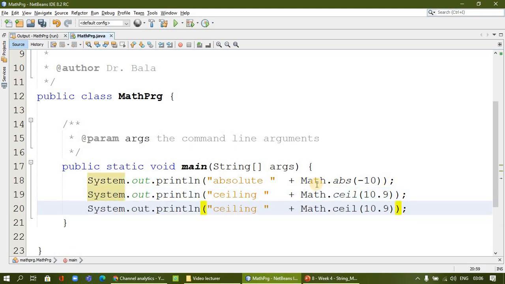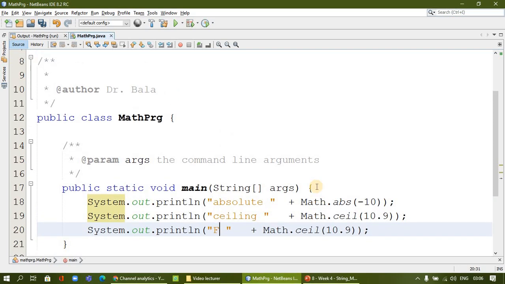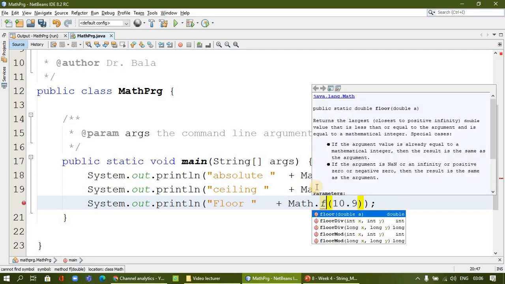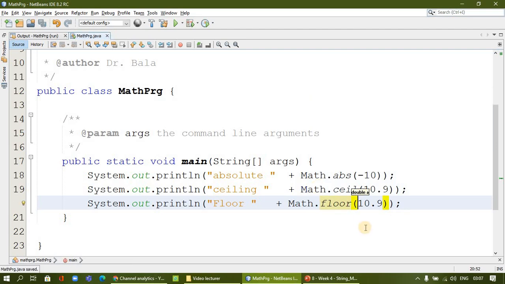The next is floor. I will use the floor. Floor always rounds the value down. So if I am going to call floor of the same number, whatsoever the fraction, even 0.1 to 0.9, it will be taken down, meaning it is going to keep it as it is, as 10.0.